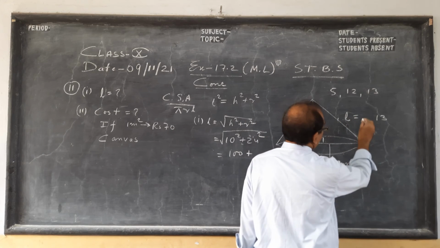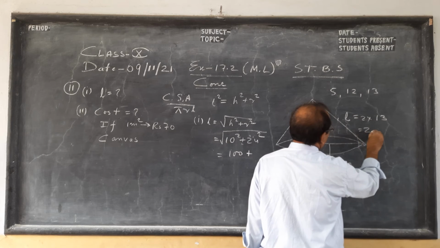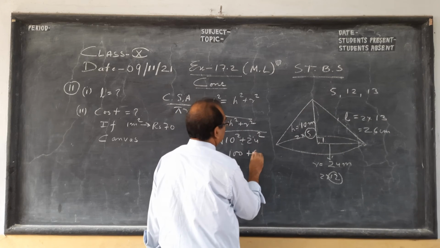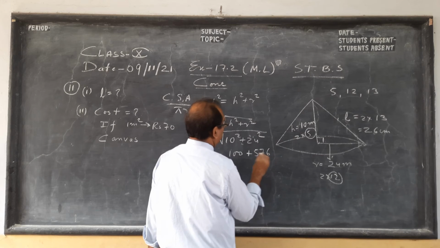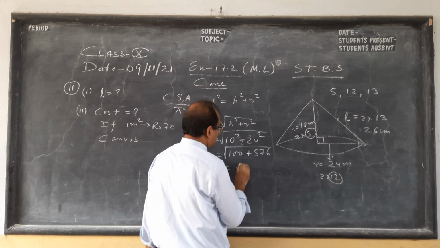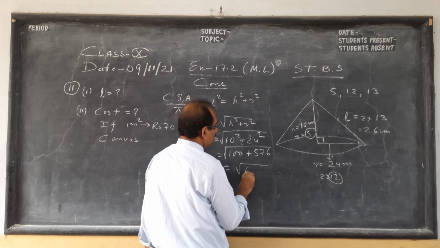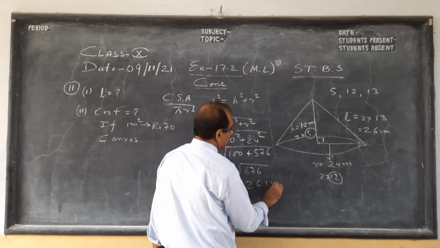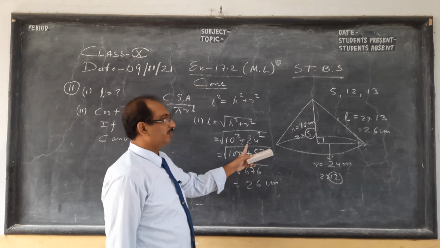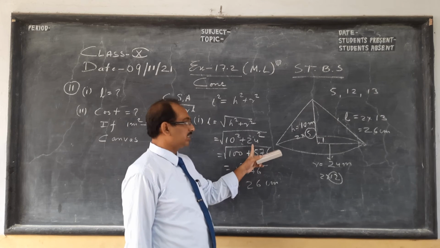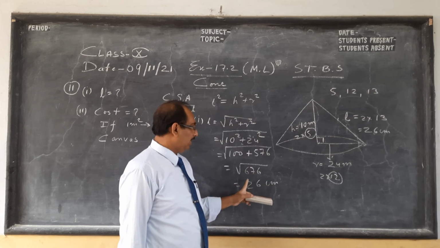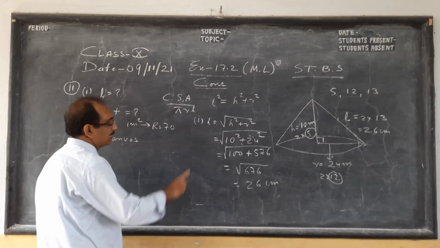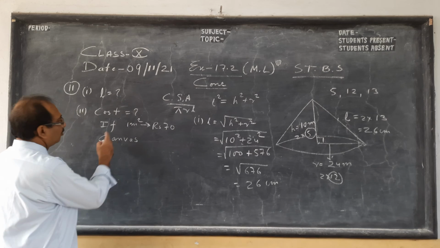Try to see that video. So here it will be 2 into this. By mental maths I know this will be 26, but children, here you have to show that working. So this will be 576 plus 100, that is 676. Root of 676, when you take, you get 26 centimeter. 24 square I remember is 576, 25 square is 625, and 26 square is 676. So once we get that as 26, last part, what is the cost?